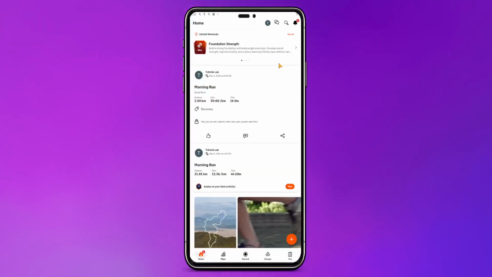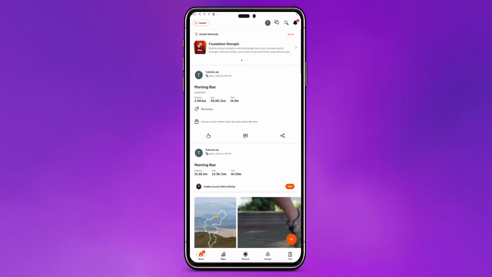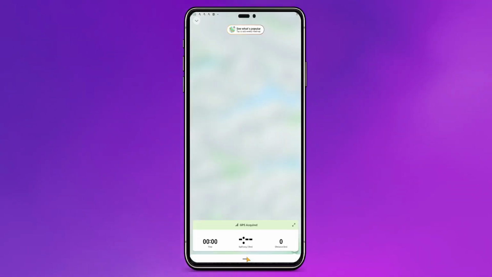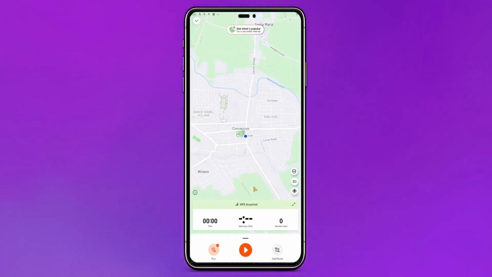Once the app loads up, you'll see the main screen with several options at the bottom of your screen. Now at the bottom of the screen, click on Record. This takes you to the map view where you can start tracking activities, but more importantly for this tutorial, this is where you can access the heat map layers that show you all the popular running and cycling routes in